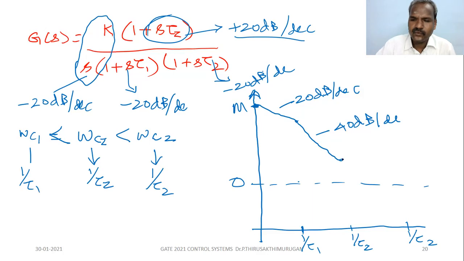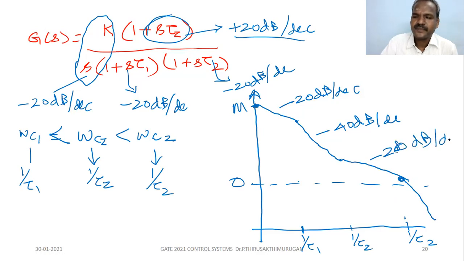So again, it moves minus 20 like this. Then at this corner frequency, the slope change occurs, and it becomes minus 40. So this is minus 20 dB per decade, and this is minus 40 dB per decade. This minus 20 plus 20 dB addition is because of the 0, the corner frequency related to the 0. So this is the typical plot for this transfer function.